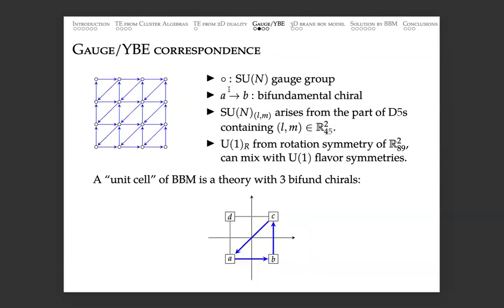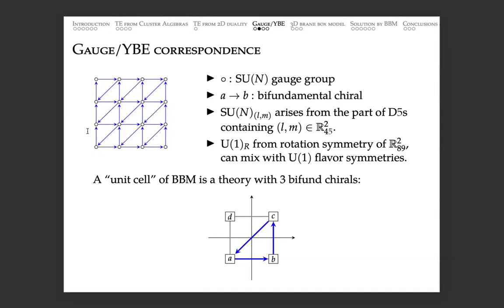So here's this quiver. Each vertex of a quiver represents an SU(N) gauge group. N is the number of D5 branes. And each arrow between two vertices, say vertex A and B, represents some matter field, which is in the fundamental representation, the vector representation, under the SU(N) gauge group at vertex B, but in the dual representation under the SU(N) gauge group at vertex A. Now, I have many SU(N) gauge groups, and they can be labeled by two integers, L and M,